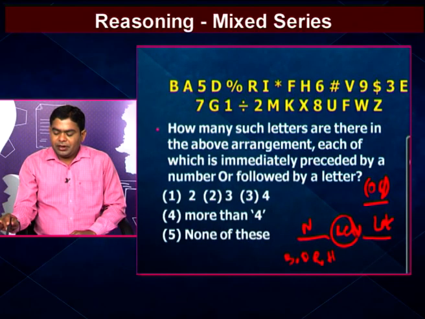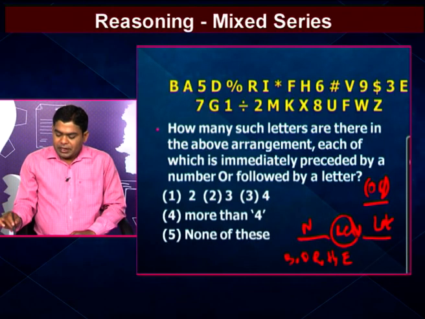After that we go to the next letter, that one is V. According to our condition, it must be preceded by a number or followed by a letter. Here V is not preceded by a number. That's why we go to the other side, it must be followed by a letter, but V is not followed by a letter either. That's why we do not count this element. After that we go to the next letter, here E is there. E is preceded by a number, that means it satisfies the condition, so another element, that one is E.